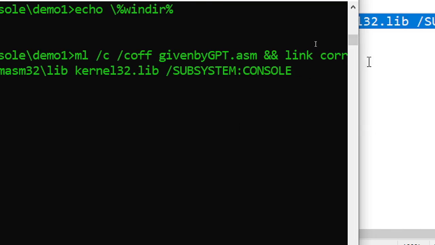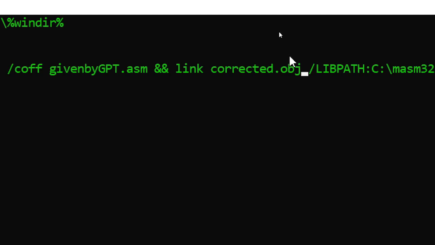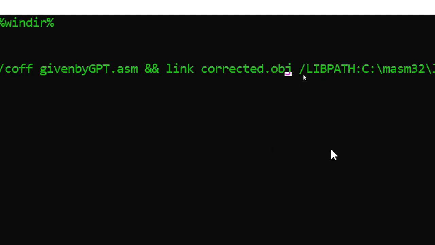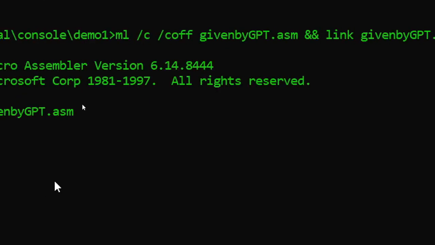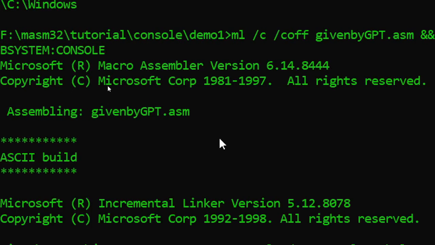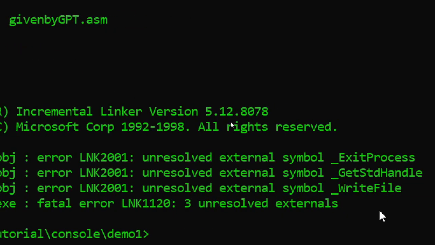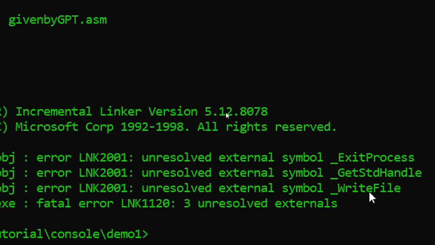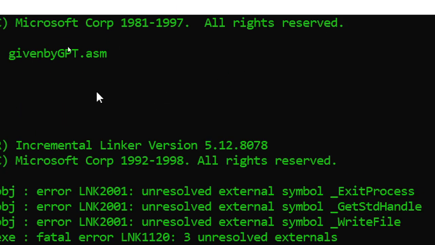And what happened now? Change this into wide screen. And you change this to the same name given by ChatGPT. Given by GPT. And there, you can see it's run successfully. But in the linker, still unresolved. Okay, so